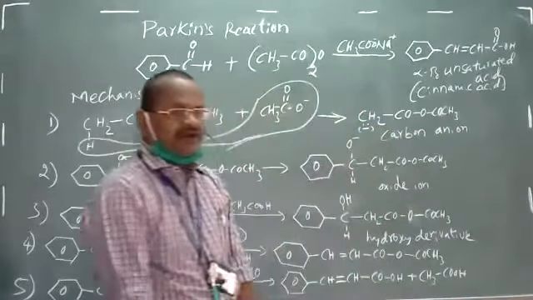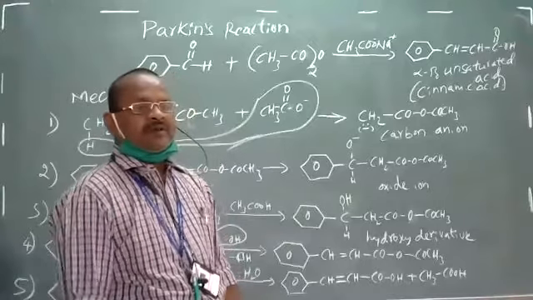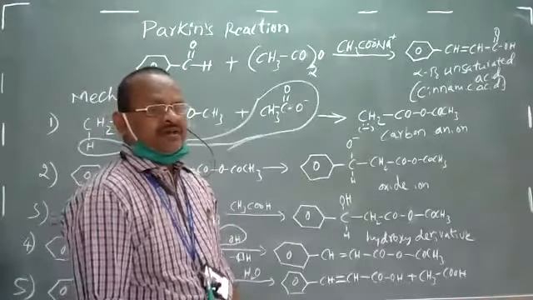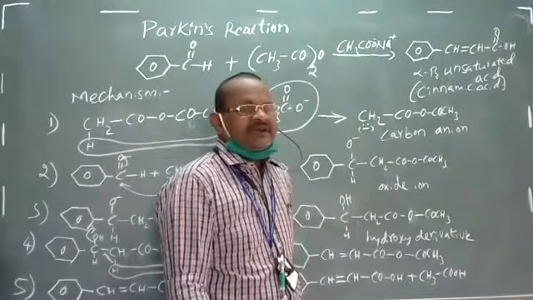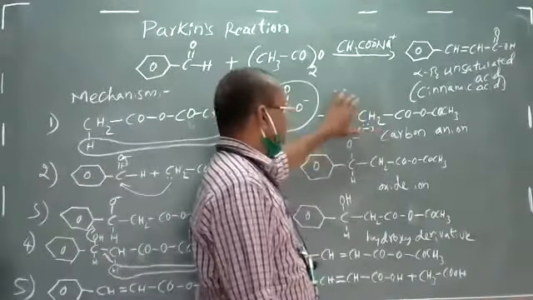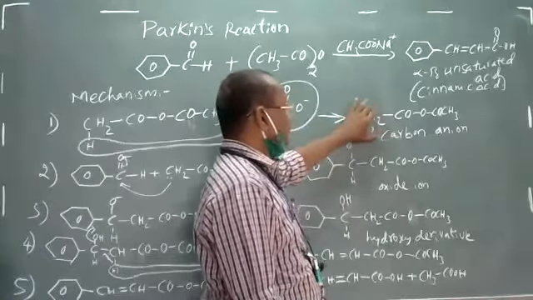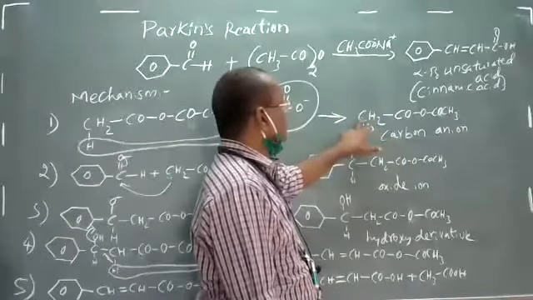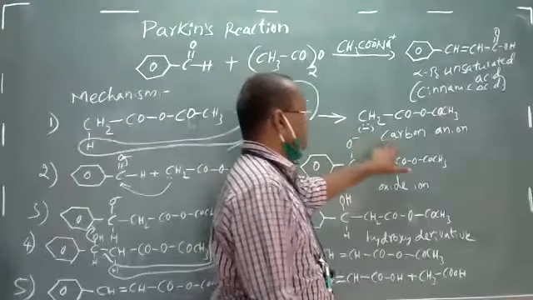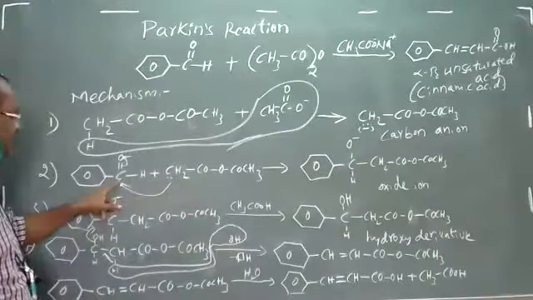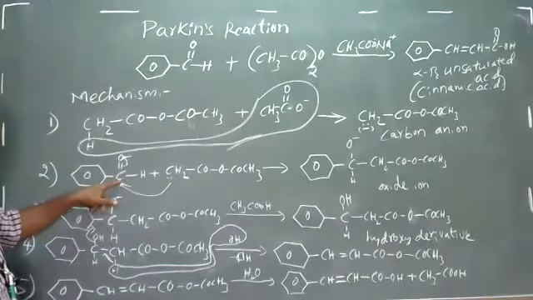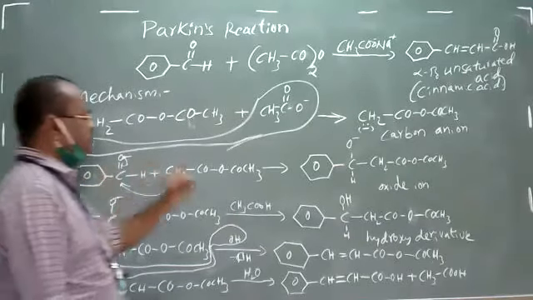This carbon anion also acts as a nucleophile because it has got a pair of electrons, a negative charge on it, a highly reactive species, and it is basic in nature. That's why it is also called a nucleophile. And since it is a carbon having a pair of electrons, it's called a carbon anion. This carbon anion is going to attack the carbonyl carbon of the aldehyde molecule, benzaldehyde, which we used.